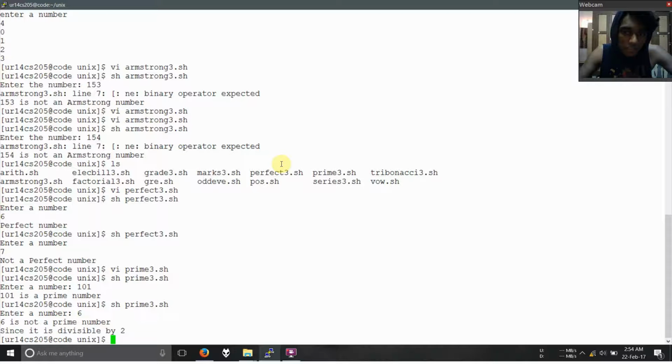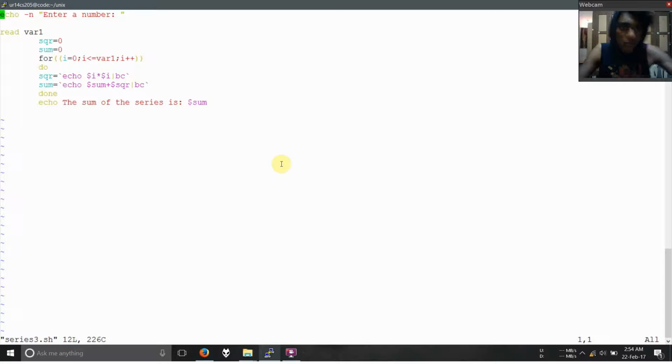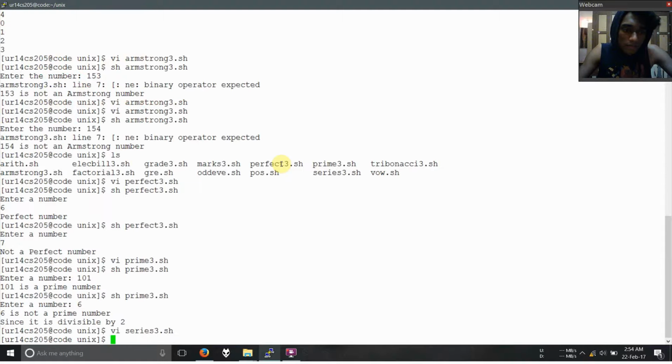The next program, we have to find the series of a given number. So the program is vi series.sh. So we have to find the series. Basically, we have to enter a number, and the program will find the sum of the squares and add it together to form the series. So the output is,